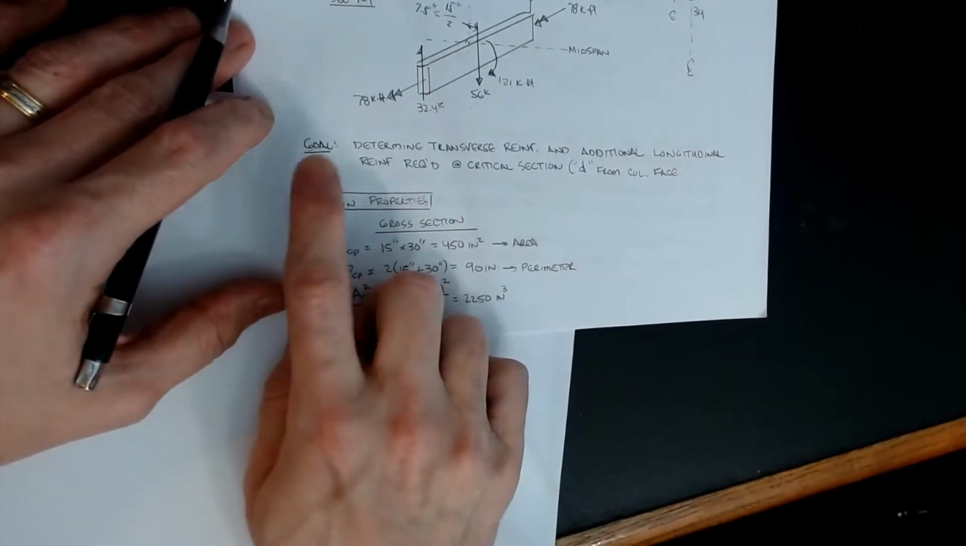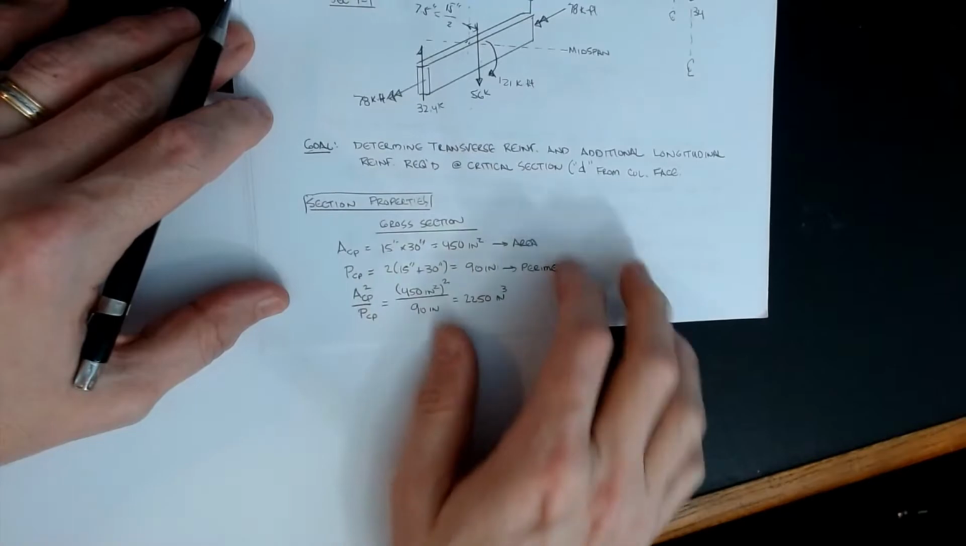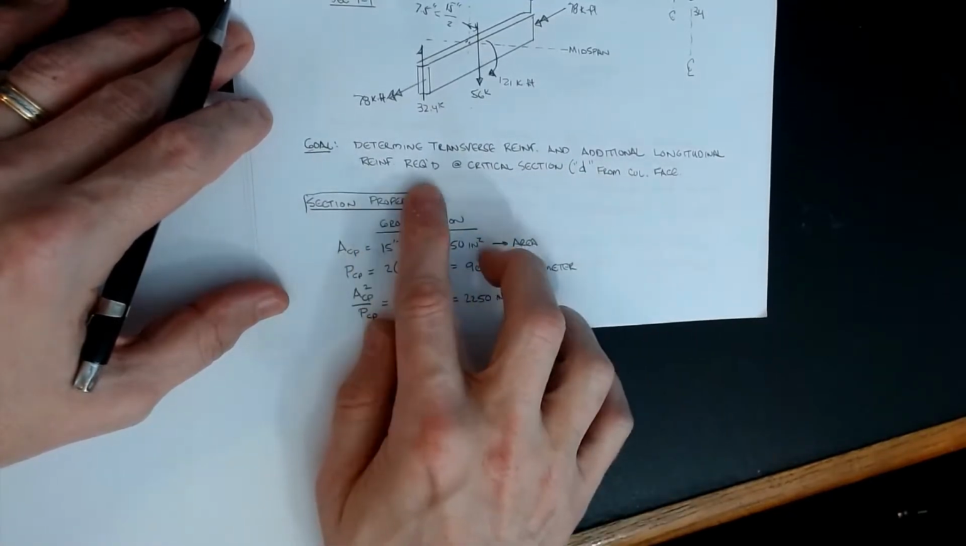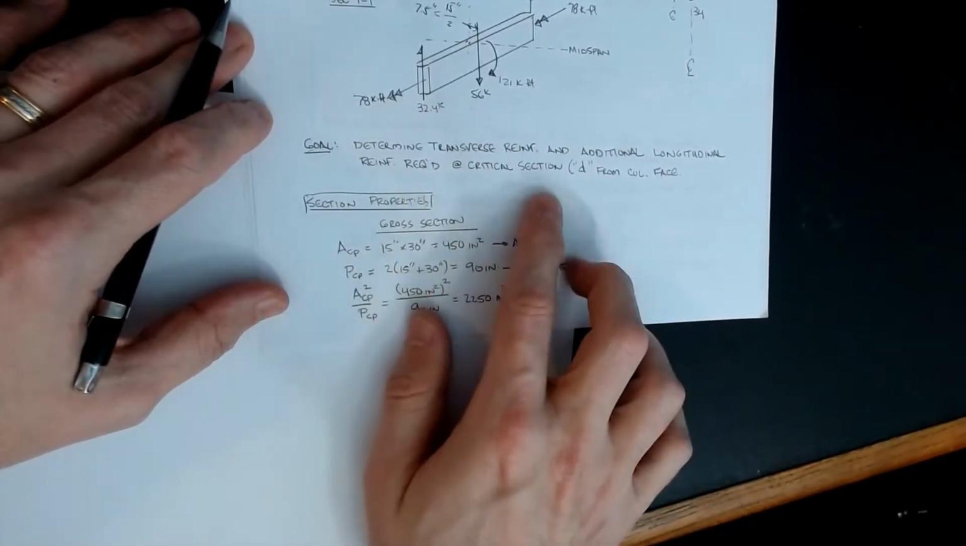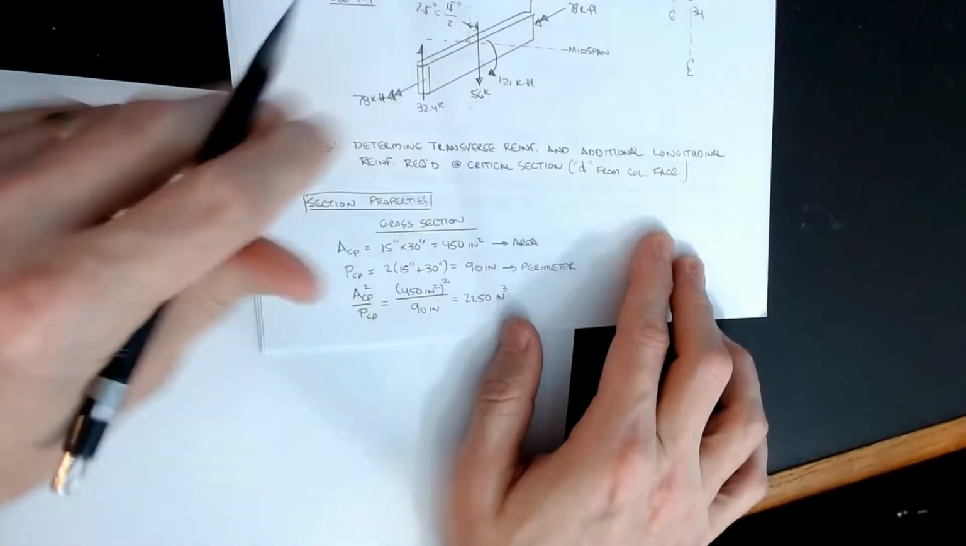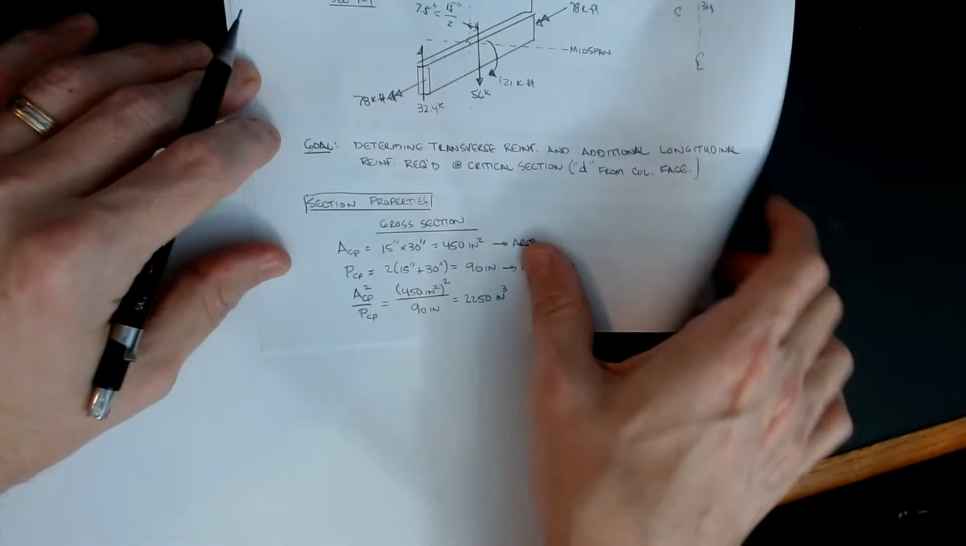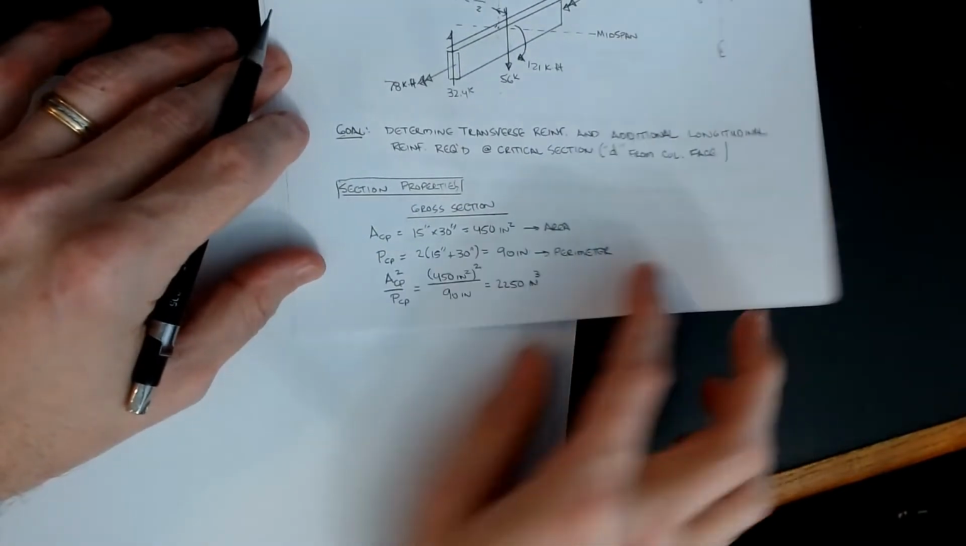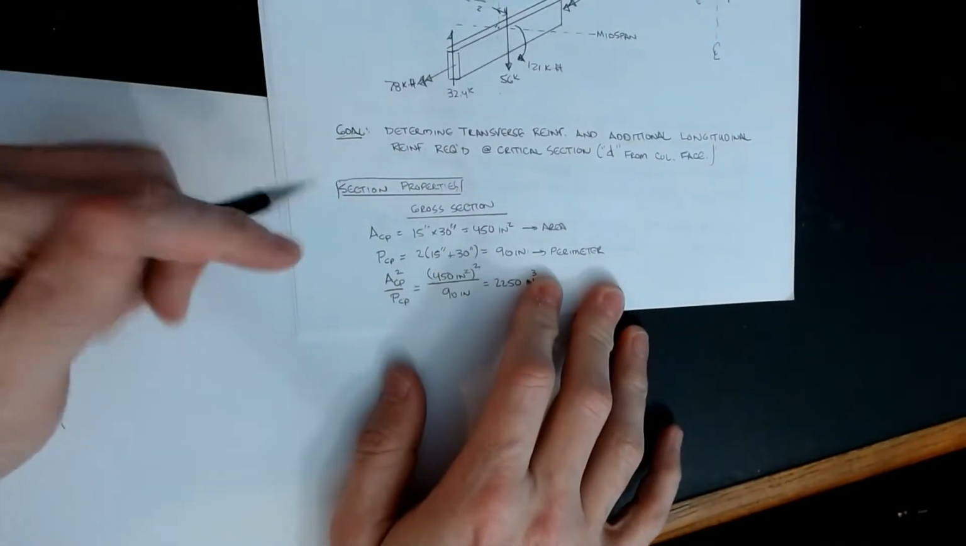Okay, our goal in this problem is to determine the transverse reinforcement and the additional longitudinal reinforcement required at the critical section at a distance of D from the column face. Okay, that's our critical section. So we need to do some section property calculations,